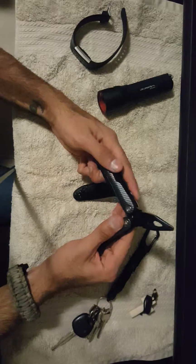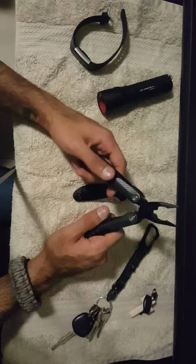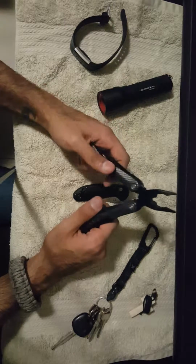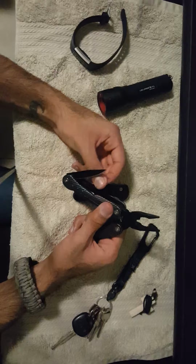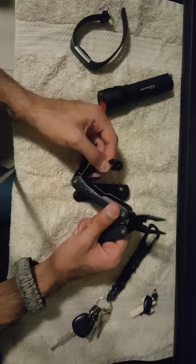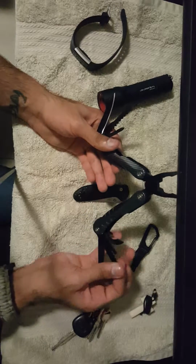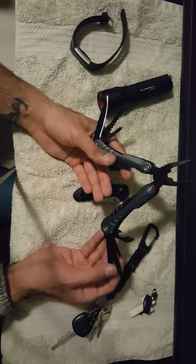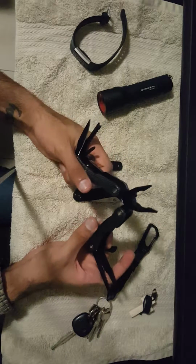I actually have only recently started having a bit of affection for multi-tools. I want to find something more minimalist and just something more effective. I just don't believe having all these tools in this little thing is something that you would use every single day. I mean, out of all these things, probably the knife, the bottle opener, and a screwdriver or two, and the pliers. But besides that,